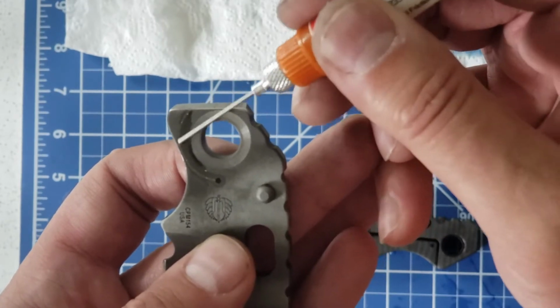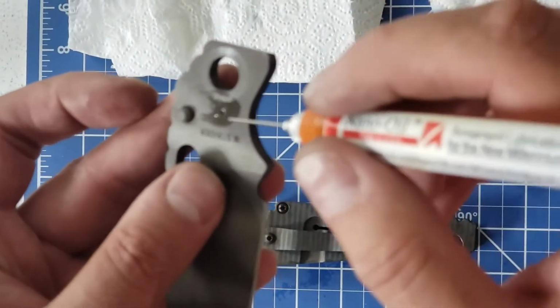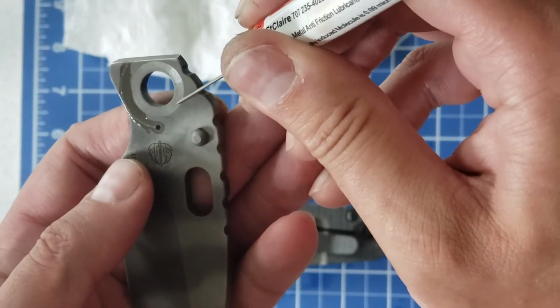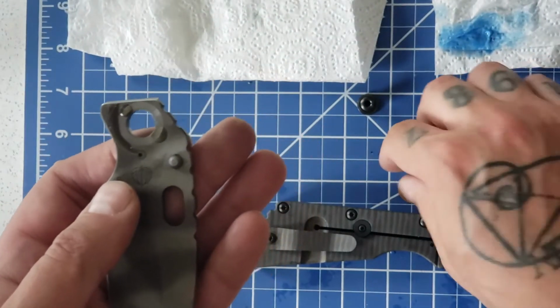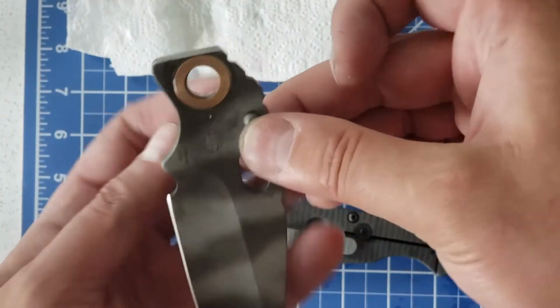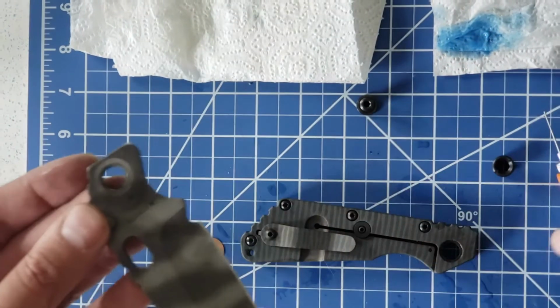The lockup on this knife is really incredible. So we got some oil on the detent hole and the detent track, and now we'll put a little bit of this Nano 10 weight oil where the first washer is going to go. And like I said, the Kubotan is going to come into play here, because